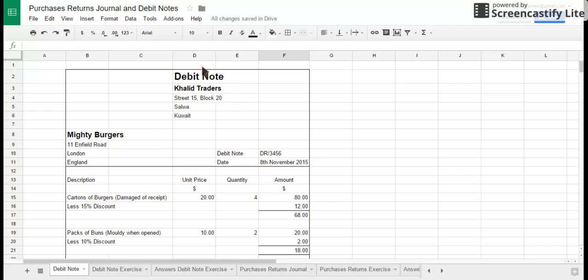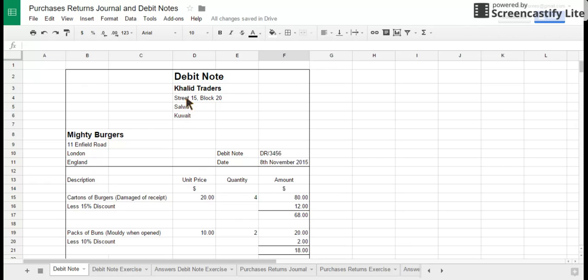when we're doing sales returns. The credit note is sent by the supplying company to the customer to confirm the goods have been received and they are going to be credited with the value of the goods, so they don't need to pay for them. The debit note is actually sent by the customer, so you'll always see the customer's name and the customer's address at